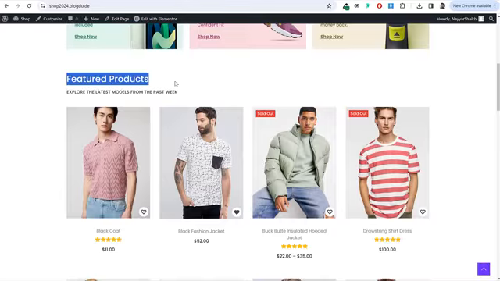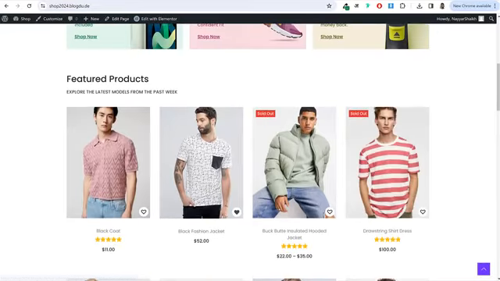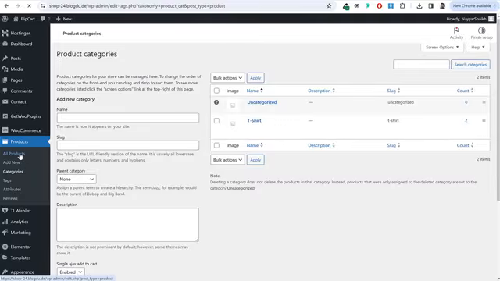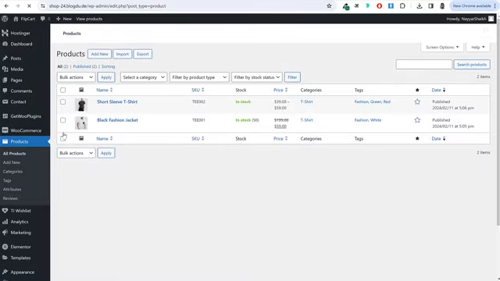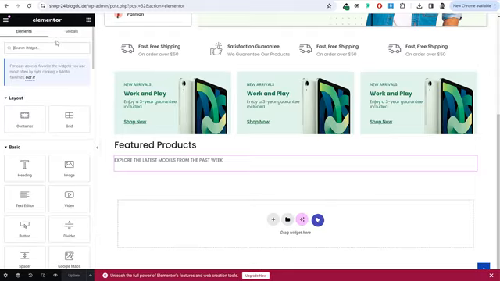Now, because the title says featured products, we need to display featured products over here. Now we have created two products. If I go to all products, you can see we have created these products. Now, if you want to set any product as your featured product, you just need to click on this star icon. Now for example, for this white t-shirt, if I just click on this star icon, this will be set as my featured product. Now, if I want to display my featured products over here, first of all, I'll have to search for